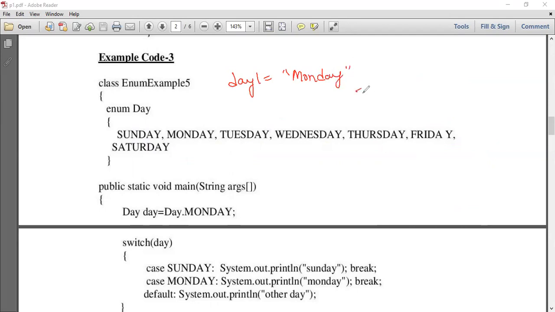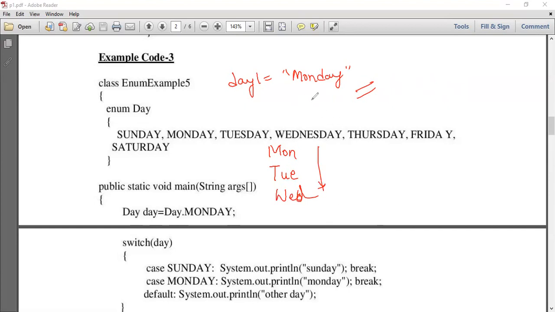The problem with this string approach is we cannot compare the days, such as whether Monday comes first or Tuesday. Let us consider a scenario where we are printing timetables. When we are printing the timetable, it is Monday first, then Tuesday, followed by Wednesday. So the order is important here.